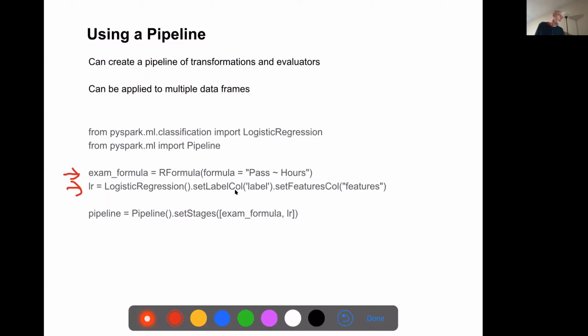And then our pipeline is, well, first we apply the RFormula, convert to the right format, and pass that data on to the regression, and that's our pipeline. If you've done any functional programming, this is a very common process where you set up a chain of functions to act on some data, and the output of the first function is sent to the input of the next. Basically what we're doing here.